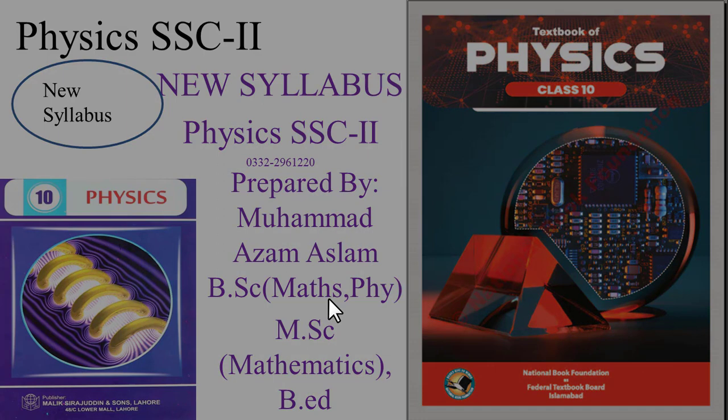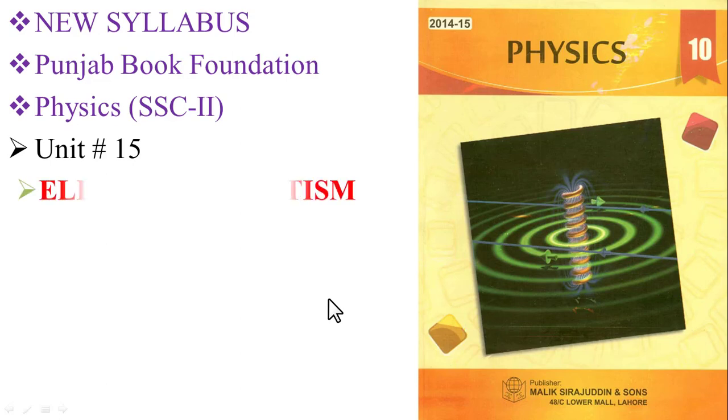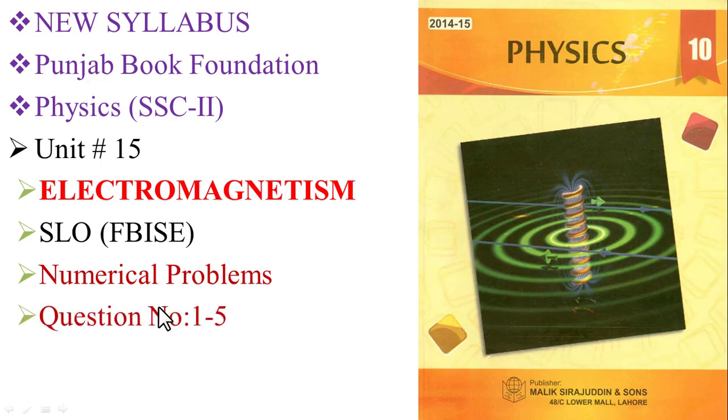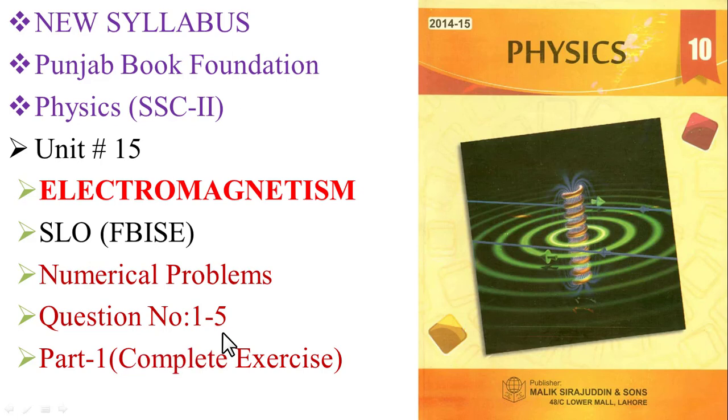Today we will start the new syllabus with Punjab Book Foundation Physics SSC-II Unit number 15, Electromagnetism. Today we will solve, according to SLO base or FBISE requirement, numerical problems question number 1 to 5. In this chapter, total numerical of exercise 1 to 5, and the remaining conceptual and other questions we can solve in